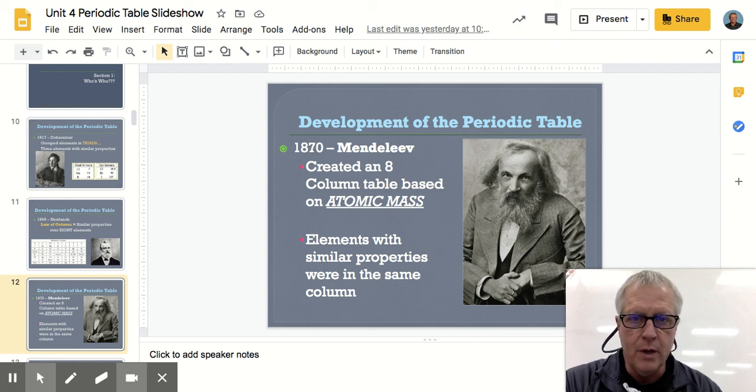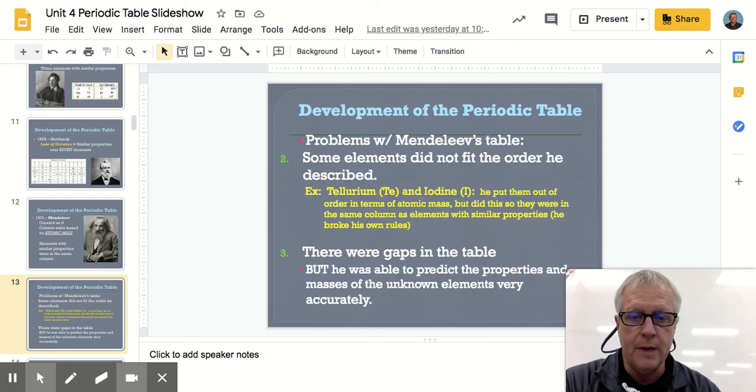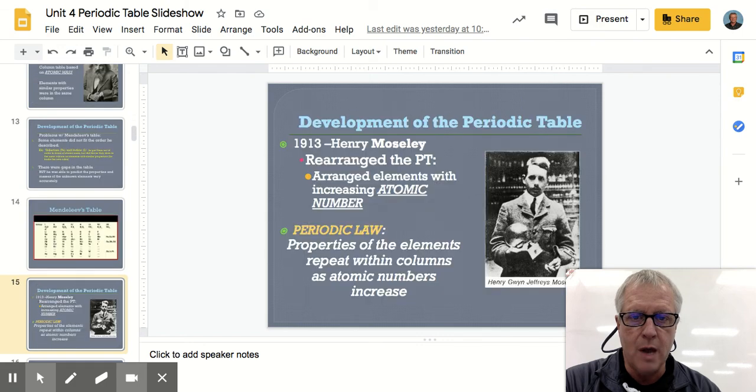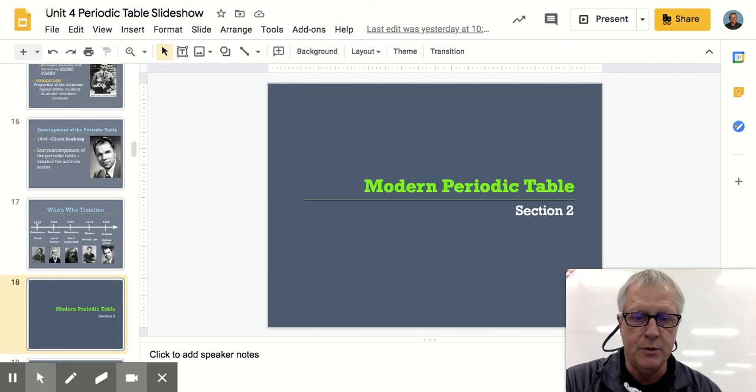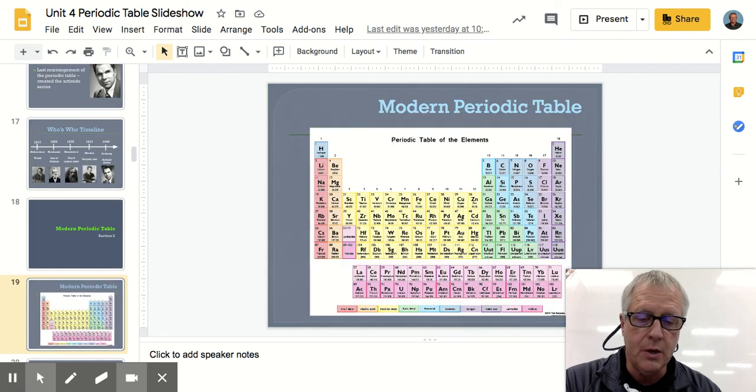So, really, though, Mendeleev was the giant here. His big thing was he was actually able to make predictions about elements that had not been discovered yet. So that's huge. As time progressed, really the biggest contributions came more or less in the middle 1900s. And that leads us to today and what we know about the periodic table, and it continues to